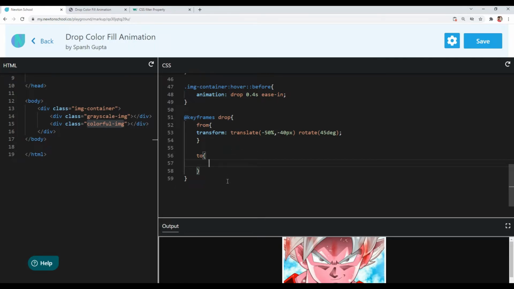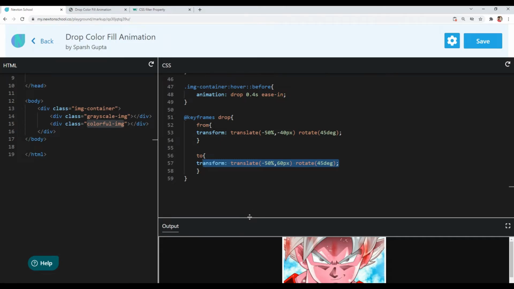The rest will be the same, I will only change the y value. I will give it a positive value of 60 pixels. So now it will animate from this to this.